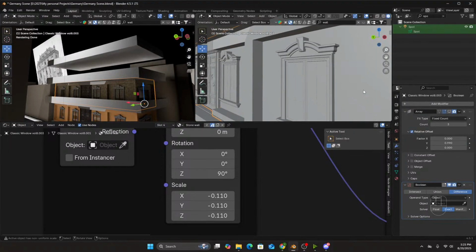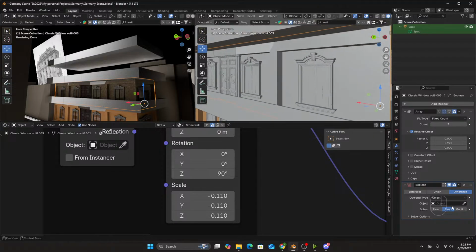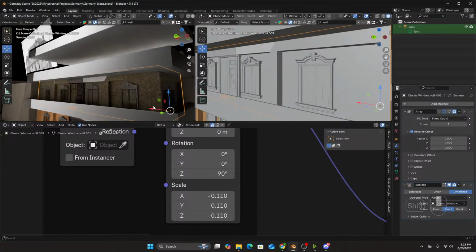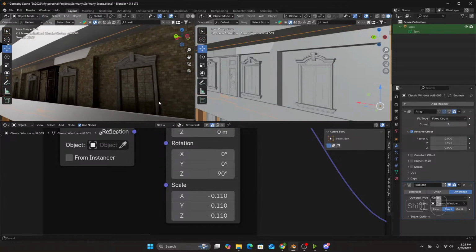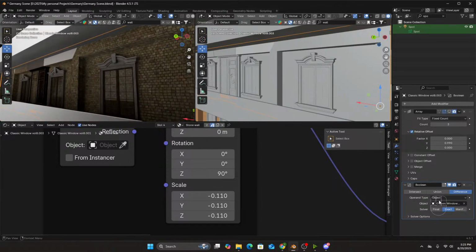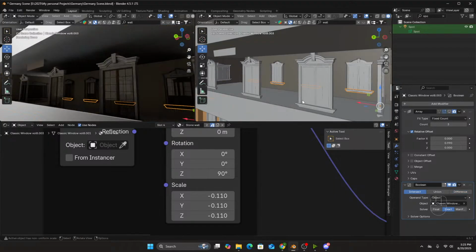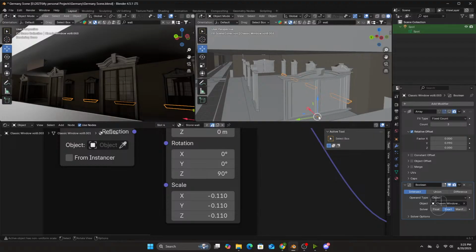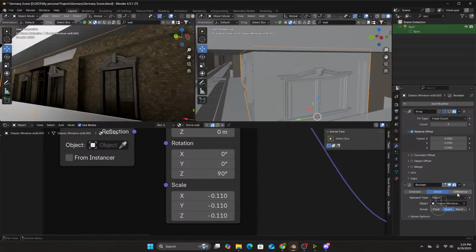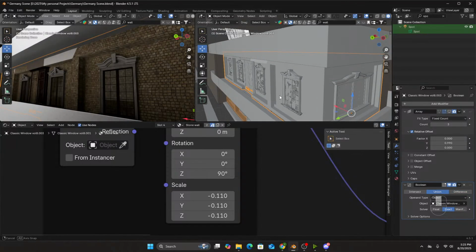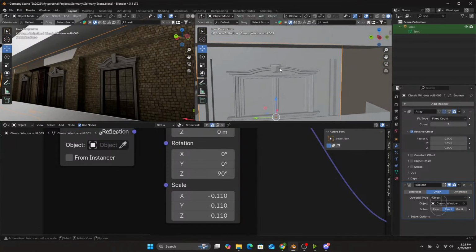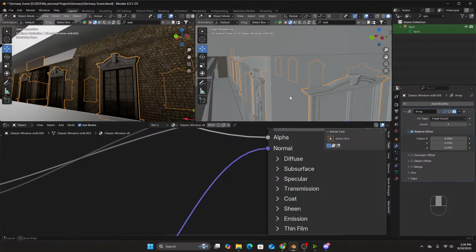And select this object. Now, hopefully, things should have been changed, but no, no. Maybe because